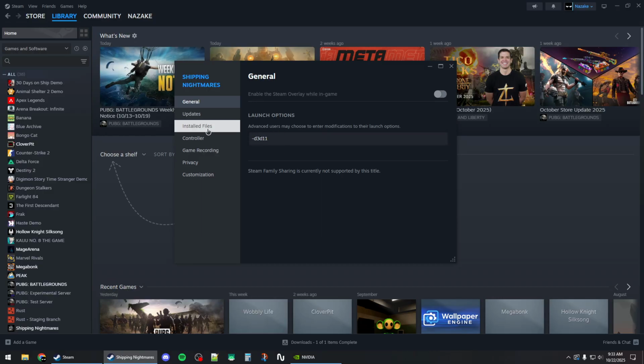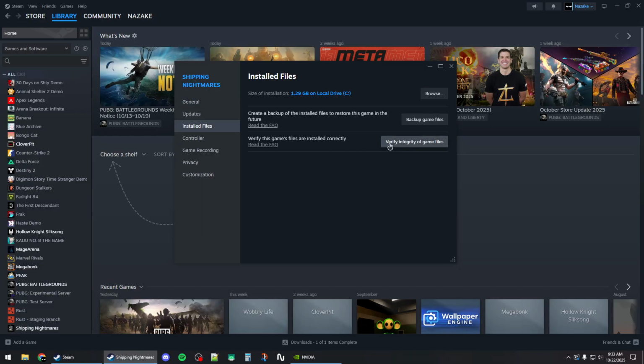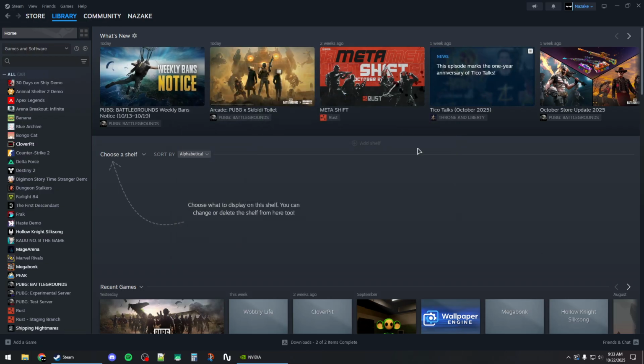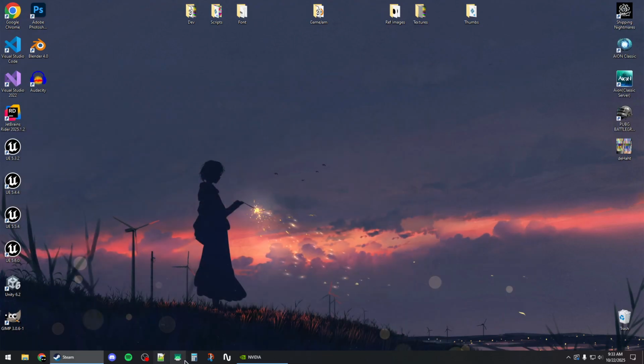and then go to installed files and click on this button right here to verify the game files. And once this process is done, you can close out of this window, minimize Steam, and then open